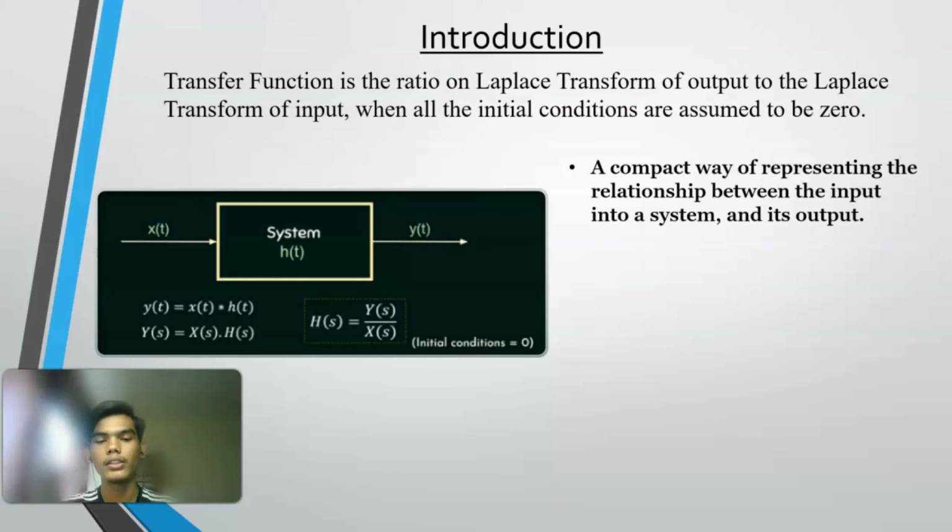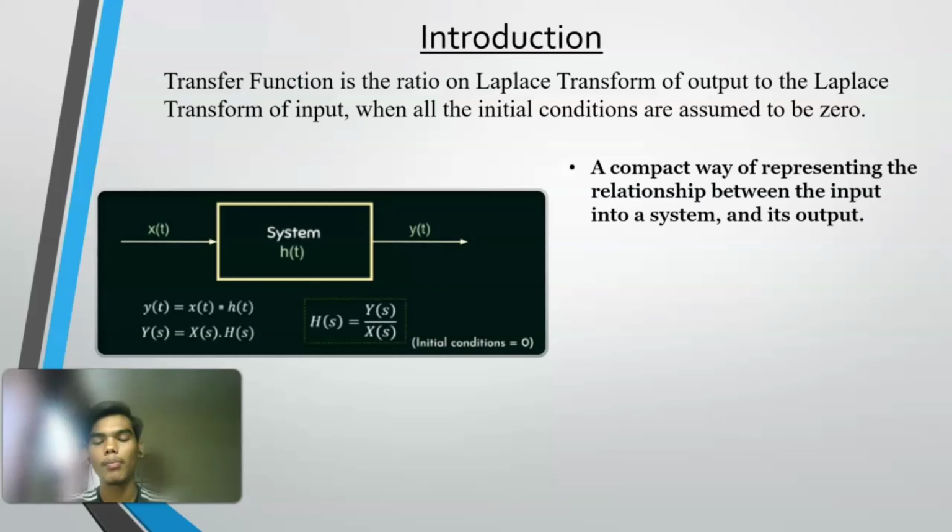This is an LTI system, and its impulse response is h(t), and the input is x(t), and the response is y(t). And y(t) is equal to the convolution of these two functions. So we can write y(t) equals x(t) convolution with h(t), and from the property we know that convolution in time domain is multiplication in frequency domain. So by convolution property, we can write Y(s) is equal to X(s) multiplied by H(s),